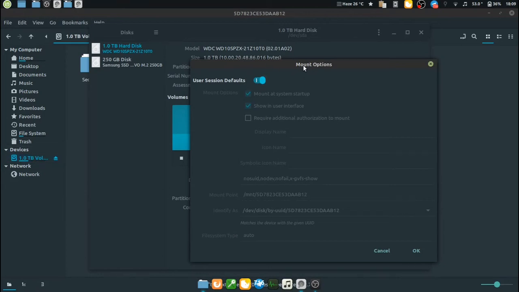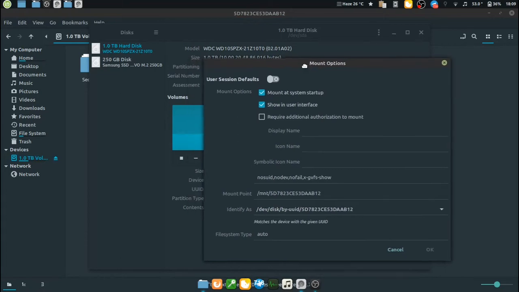So I decided to change that to off, so that these partitions will auto mount whenever I start my PC.